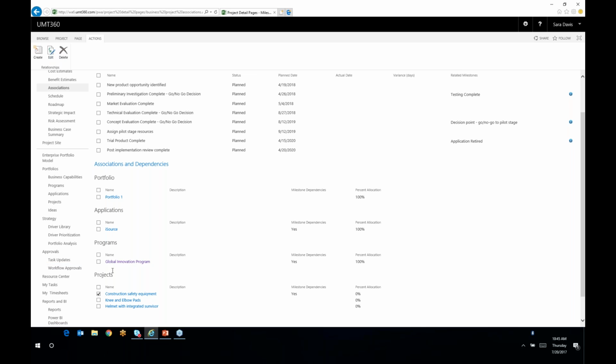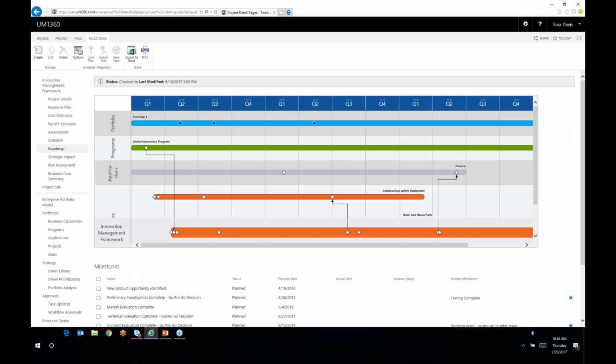So if you look here at the program level, I have a milestone dependency at the program level. I have a milestone dependency at the application level. Now, we take these milestones, we take these associations, and we use that to generate roadmaps. And the first roadmap I'm going to show you is an entity-based roadmap. Entity-based meaning it's generated in context to the entity we're in, which is Innovation Management Framework, which you see on the bottom here. Now I see the key milestones for innovation management, and I can also see the 6 degrees of separation between this project and other entities from other portfolios that impact as part of this